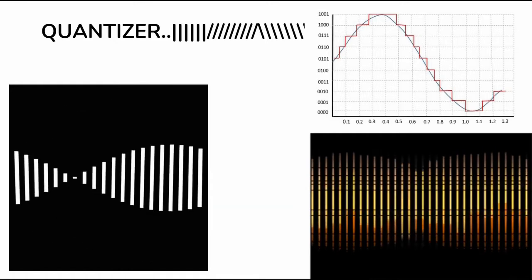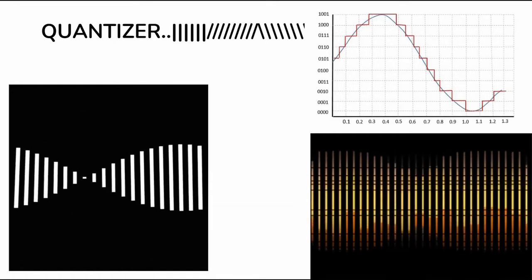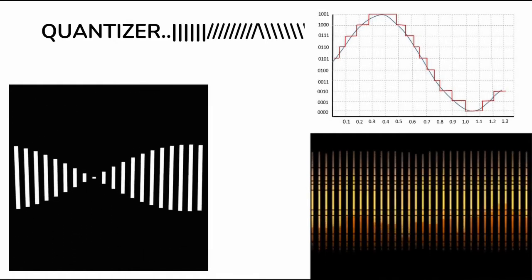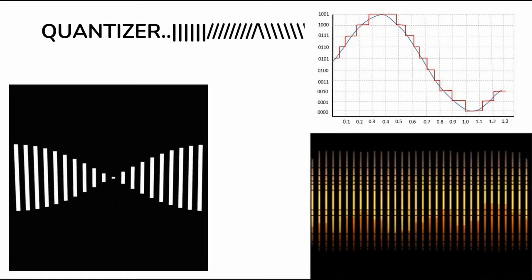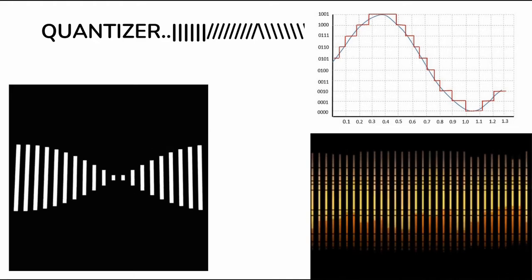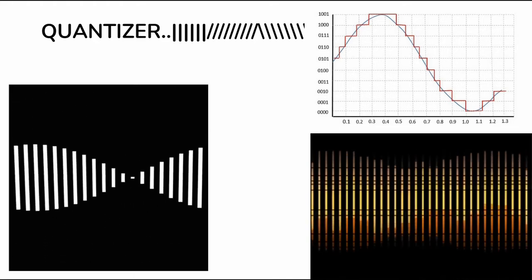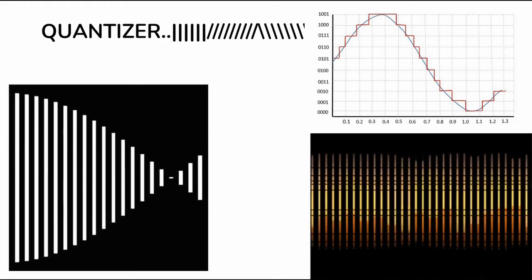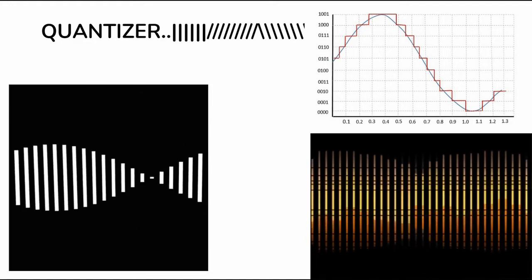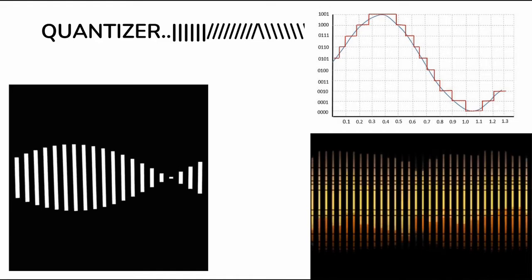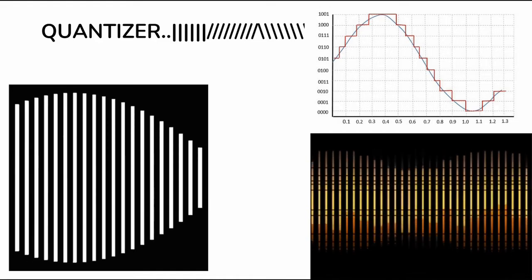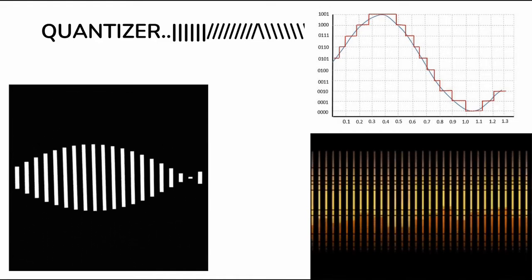A quantizer rounds off these sample values to a discrete value in a set of L quantization levels. The resulting quantized samples g_q(nTs) are discrete in time by virtue of sampling and discrete in amplitude by virtue of quantizing. Graphically, the quantizing process means that a straight line representing the relation between the input and the output of a linear continuous system is replaced by a staircase characteristic. You can see one such characteristic in the graph.